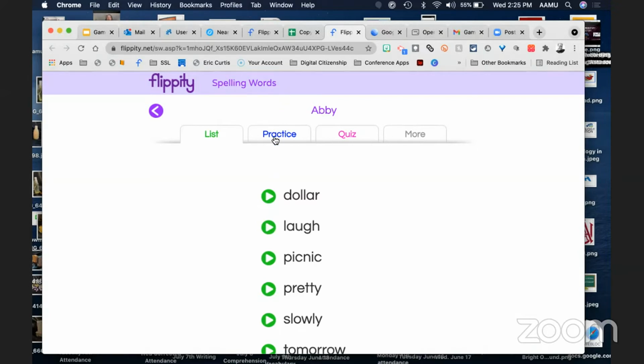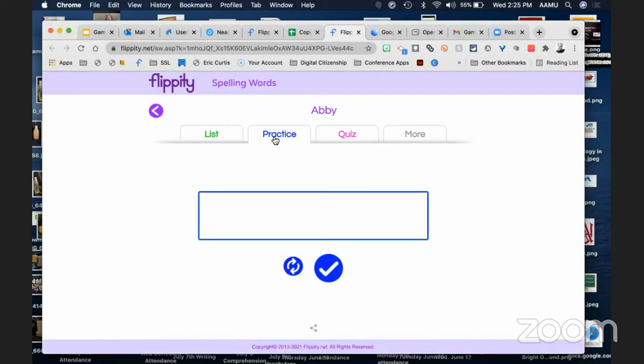So then if you go to practice. Spell. Dollar. So this is like a practice test. What I'm going to do is write DOLAR. I'm going to misspell it on purpose, and ask it to check it. Oops. It gives me an oops. DOLLAR. And it corrects it for me. So, you know, this is your practice test.